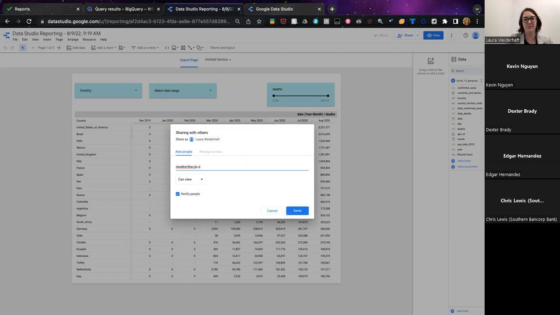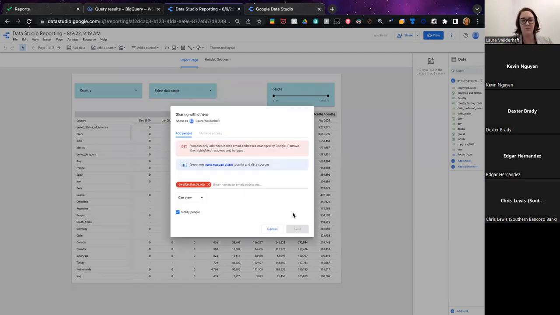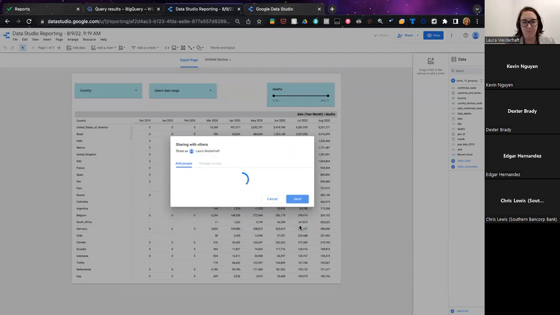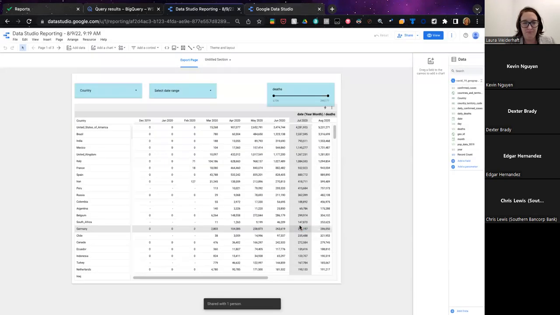It really wants to keep your data sets and everything contained within your Office 365. Is it .co? Okay, not .com. Yeah. I'll goof around a little bit with that.